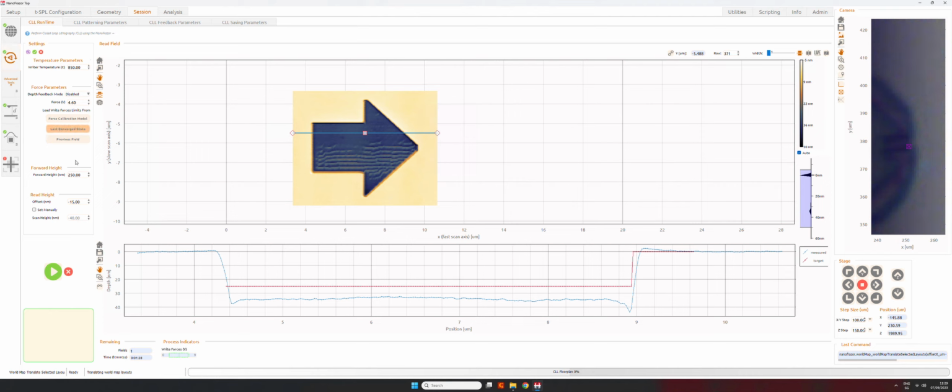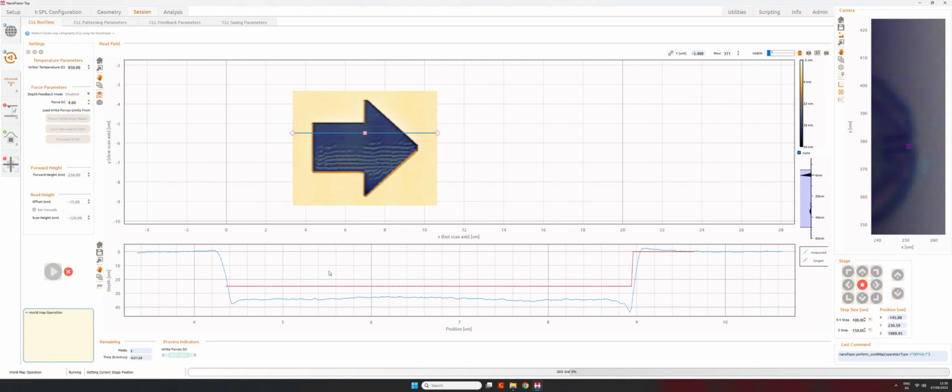So what we can expect if we pattern without a temperature map, with a disabled feedback, a constant force. Let's also set maybe a deeper scan height so that when we apply the temperature map, we are sure to read everything correctly.